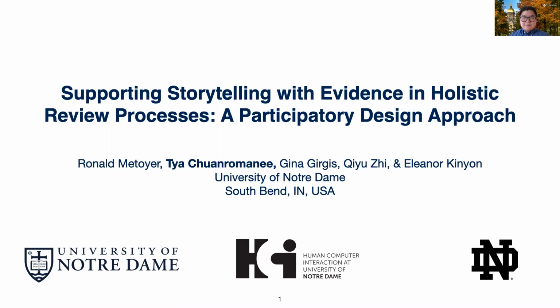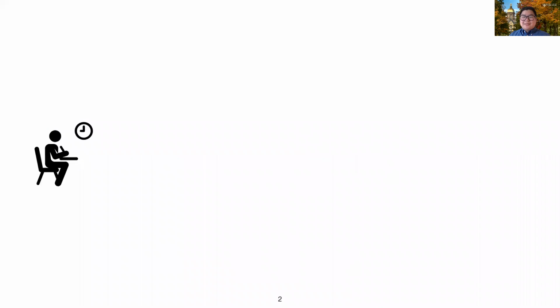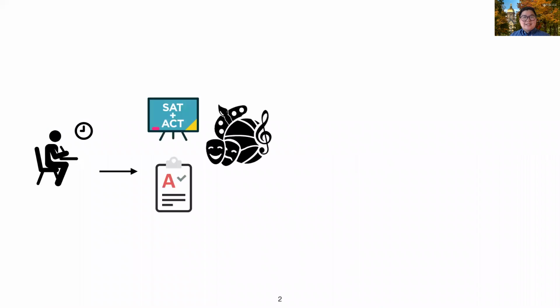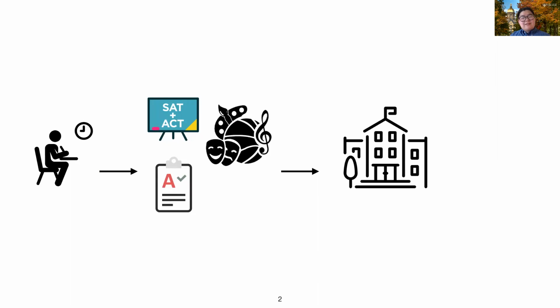sense-making process. So do you remember when you were a senior in high school applying for undergraduate programs? There was a lot you had to keep track of, including taking the SAT and the ACT, maintaining your GPA, and getting extracurricular experience. There was also the matter of which schools you applied to, and then after that, waiting for months to find out whether you got into the school that you wanted.